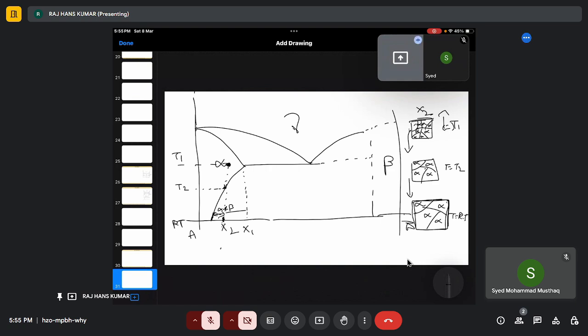Now the reason is we have quenched it down, right? We totally quenched it. Now what we do is we try to heat it from room temperature to, let's say,